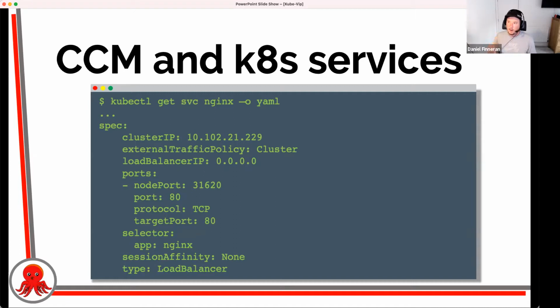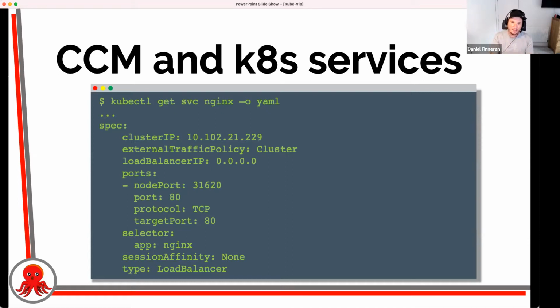That is where the CCM makes a change. This is really one of the only things that the CCM should do. So the CCM doesn't load balance. It doesn't do anything other than get you some information that is relevant to your infrastructure and then update the service with that bit of information.